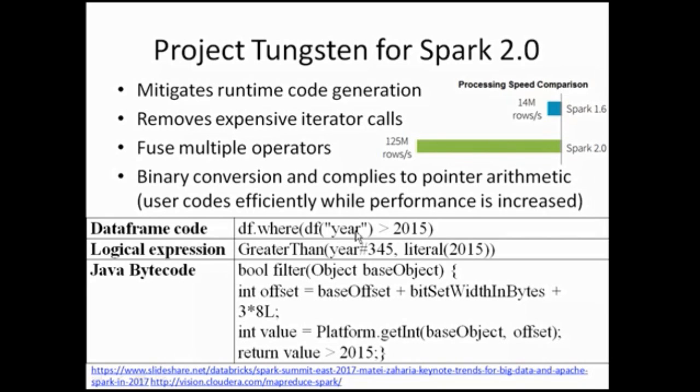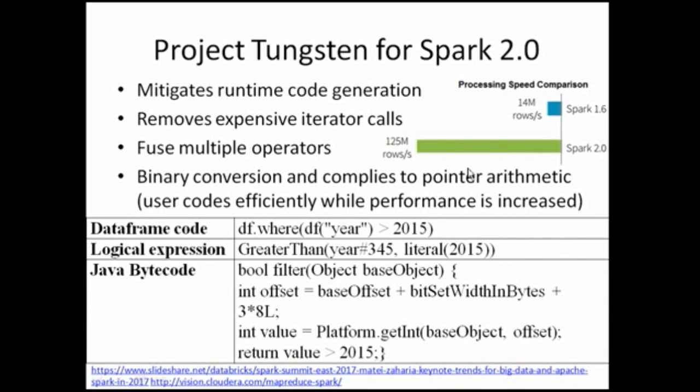What Project Tungsten does is that it converts your R code, or whatever code that you wrote, into Java bytecode. And even though the length is relatively longer, the new conversion is pointer arithmetic, which runs a lot faster because it's in bytecode. And then the comparison between Spark 2.0 and Spark 1.6 is that it's a lot faster when processing rows